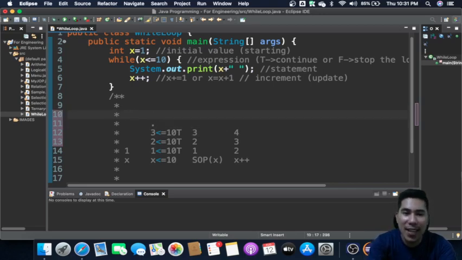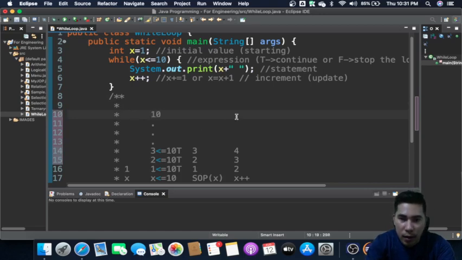So basically, you have here, let's say this is now 10. So when it is 9, okay, when it is 9, 9 is less than or equal to 10.